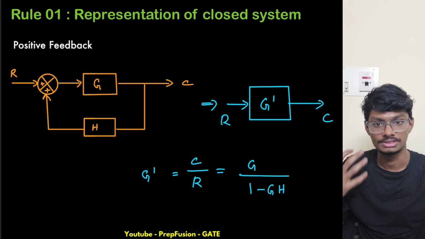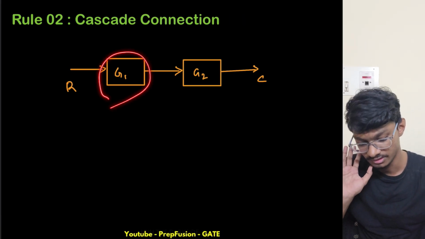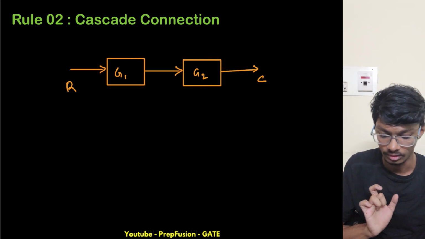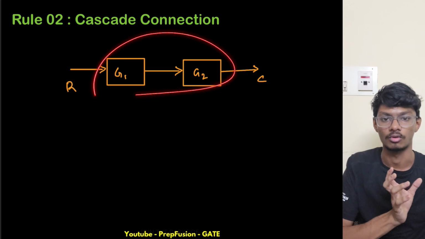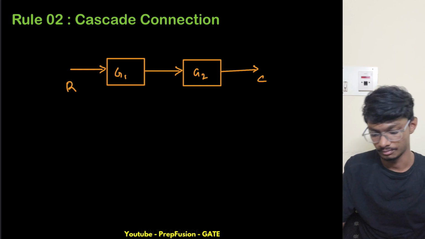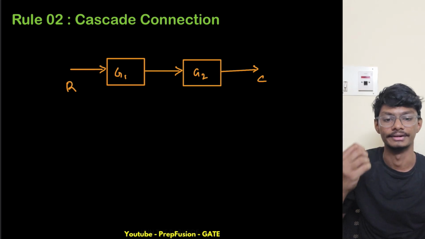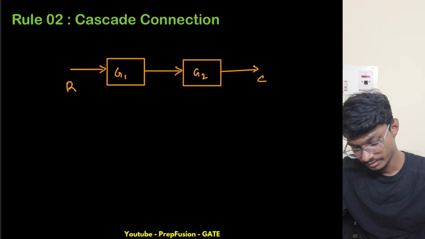Now we'll go to the second rule. The second rule is cascade connection. Now if two blocks are connected in cascade, then if you convert it into one block, what will be the overall gain of that block, right? We already know that we simply multiply them, but how do we get it? So what I will assume here is I have a